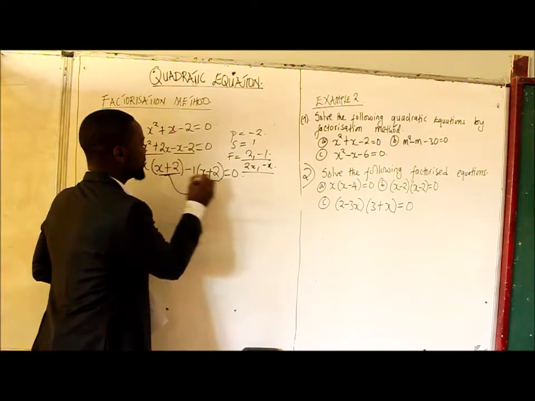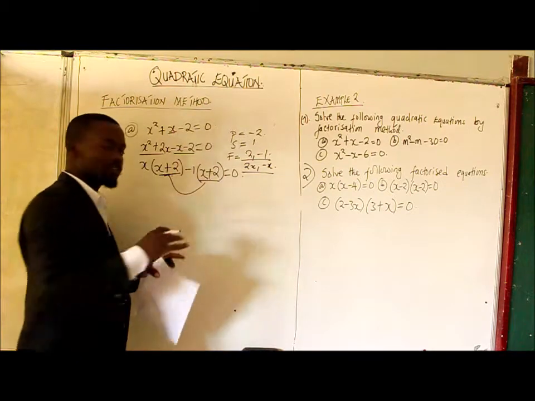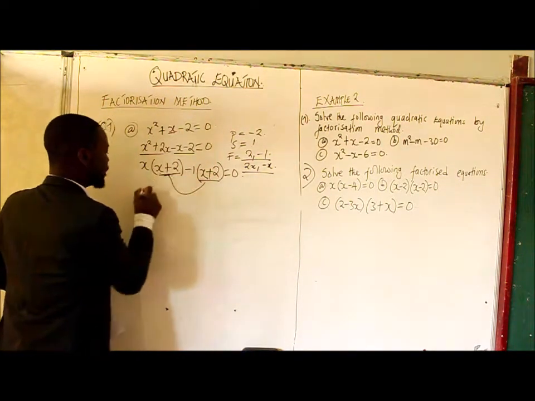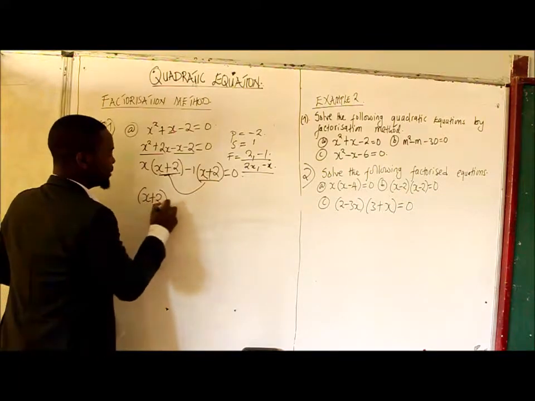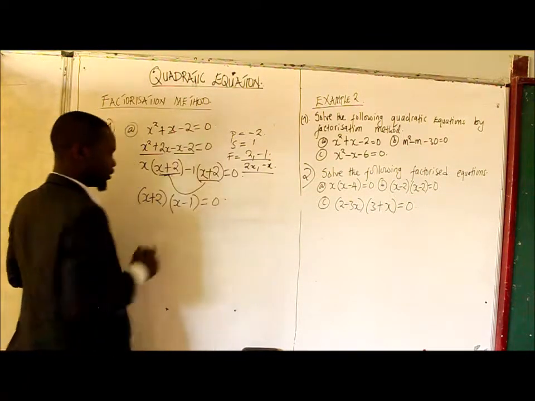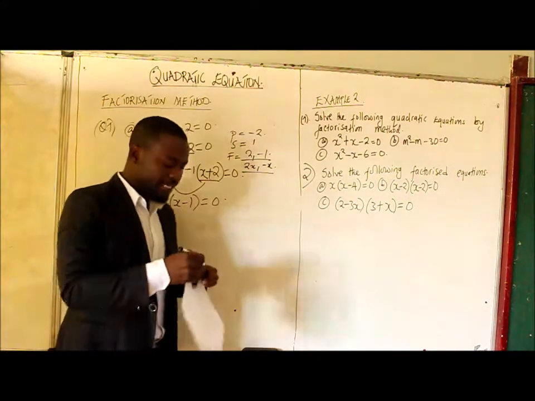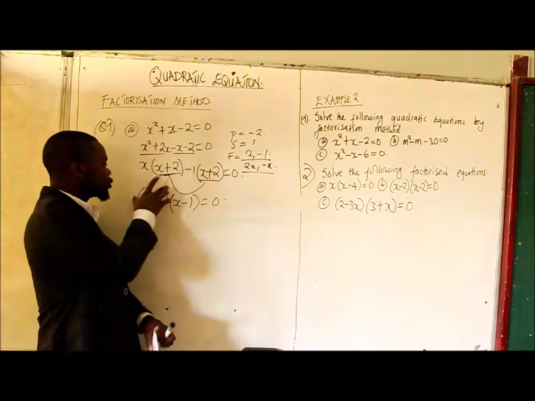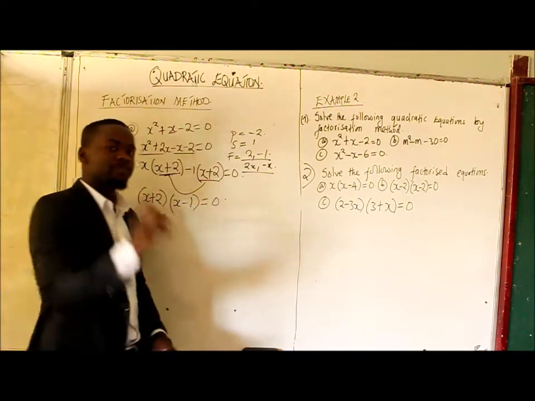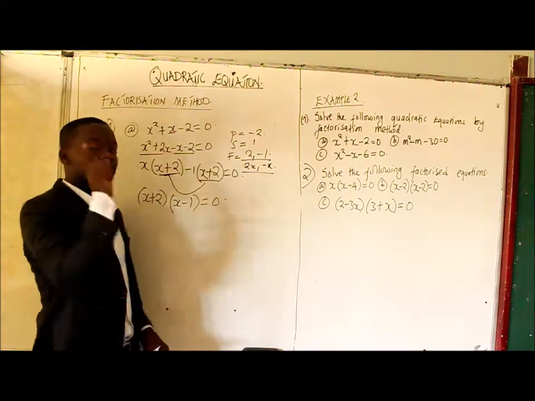Same element, same things. Otherwise, if they are different, then from there just know that you are wrong. Alright, so just take one component of them, since they are the same, and what is outside, you group them, is equal to 0. From here now, we use our zero product rule. We said that if you are multiplying this component and this component, and the answer is given as 0, it means that either this is 0 or this is 0.